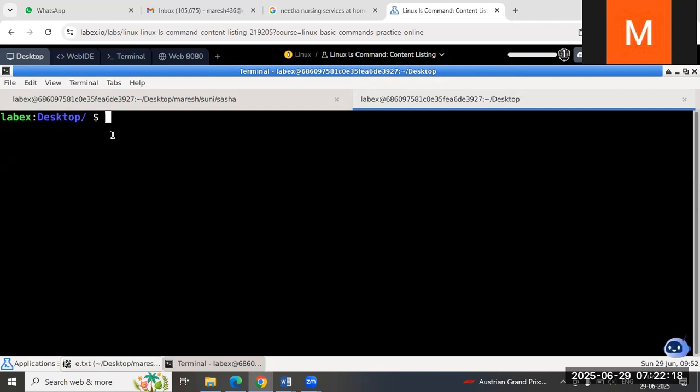Before going to create any directory or file, first we will check the current working directory, pwd. The current working directory is home labx desktop. So I'm going to create a directory. In order to create a directory, we should use the command mkdir. So I'm creating,